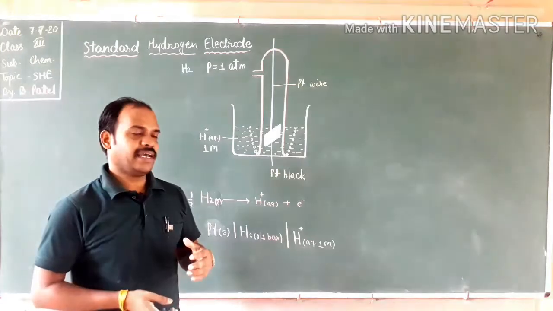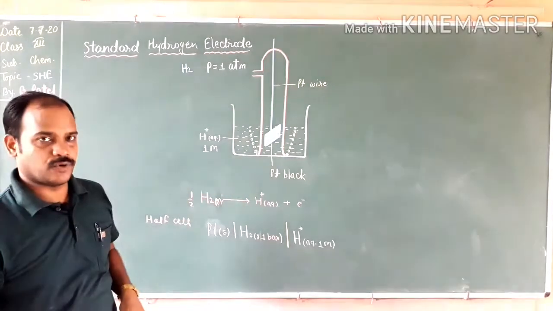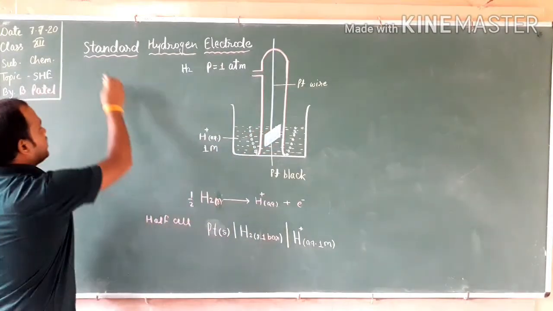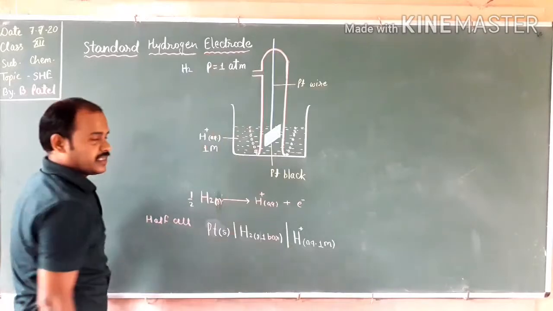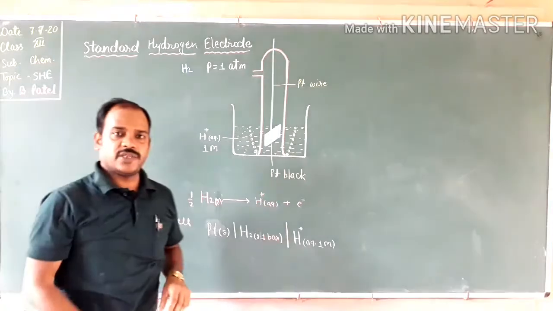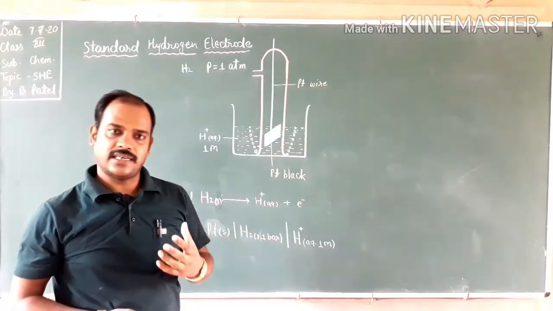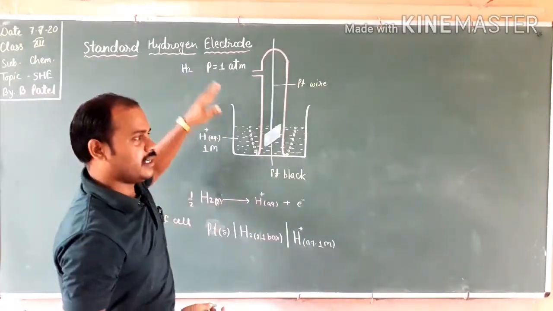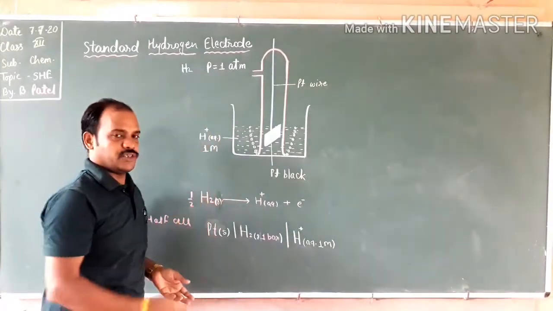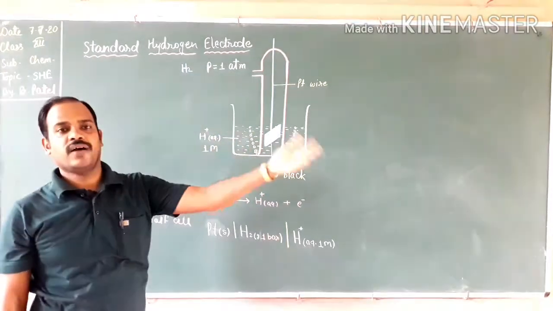We will measure it by using a reference. That reference is known as the standard hydrogen electrode, in short SHE. My dear students, the electrode potential of a standard hydrogen electrode is 0. Always it is 0, because it can undergo oxidation as well as reduction with the same potential. Now see how this electrode is used to measure the electrode potential of other elements.